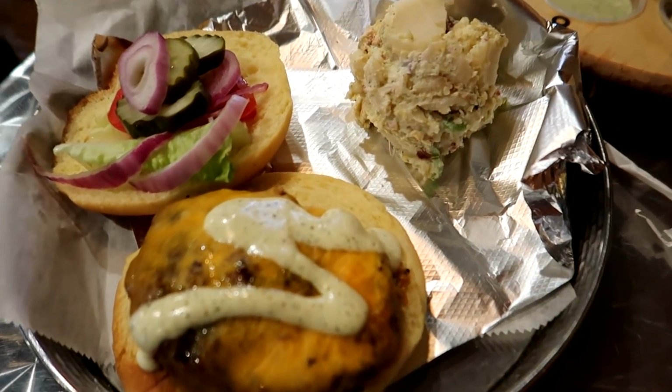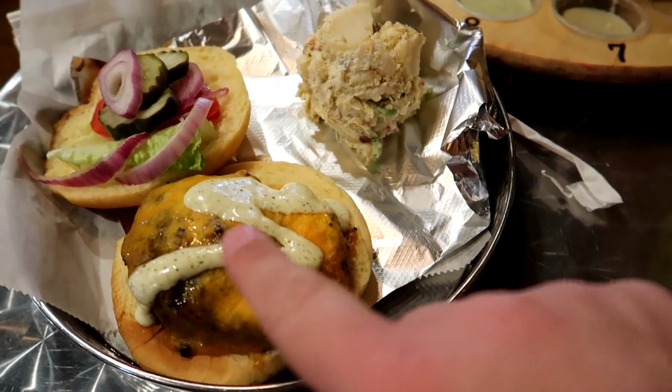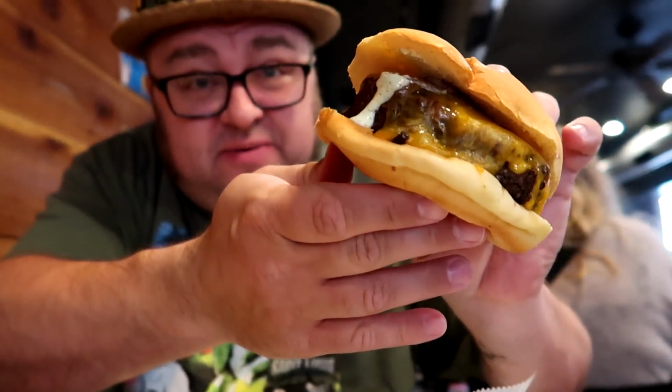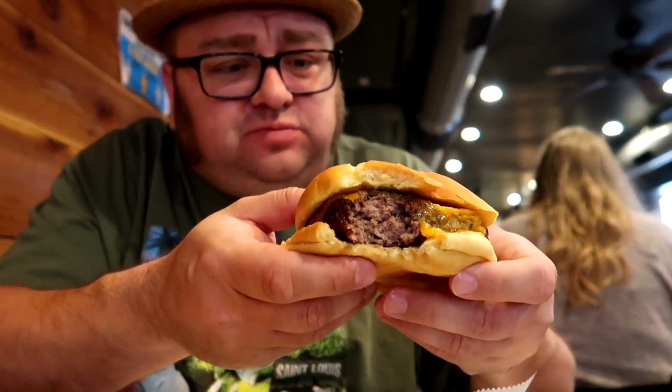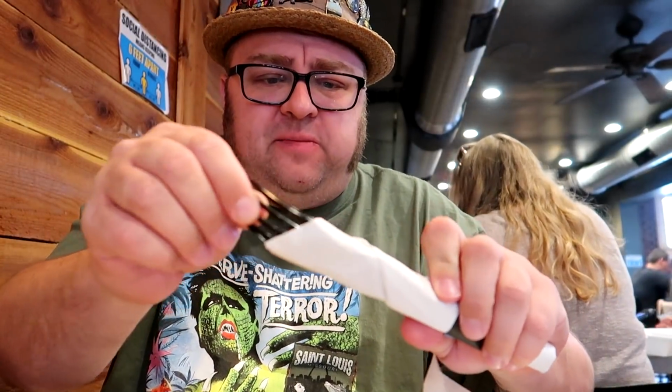So our ranch burger has arrived. The menu said it has ranch mixed in with the meat and ranch on the top. All right, let's give this ranch burger a taste. The ranch dressing oozing. I can taste the ranch on the top. I don't think I can necessarily taste the ranch in the meat. Maybe a very subtle taste of ranch, but